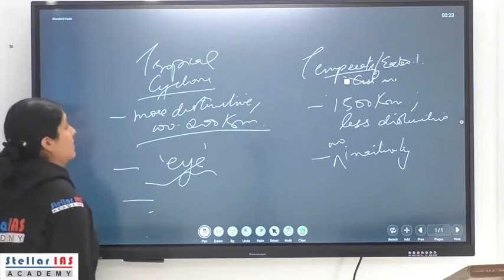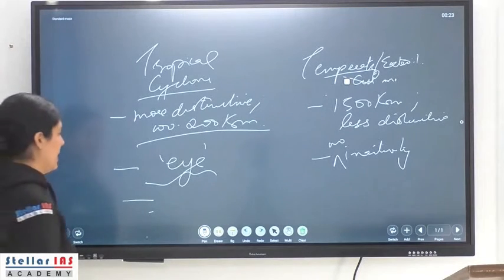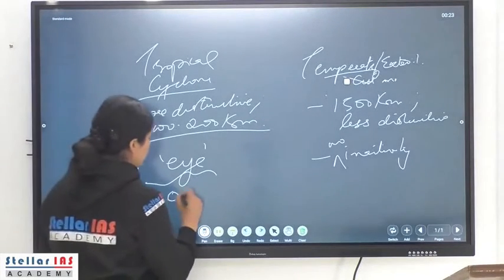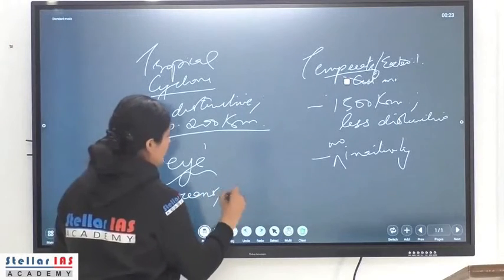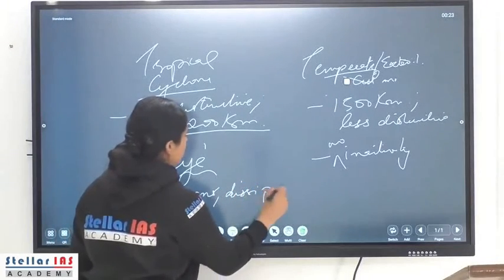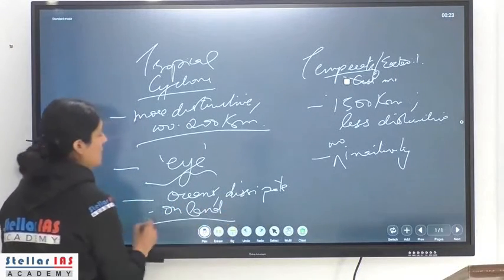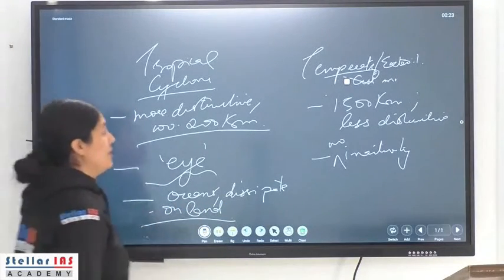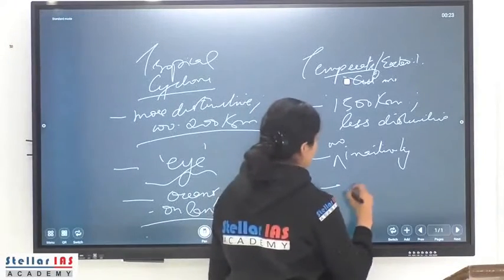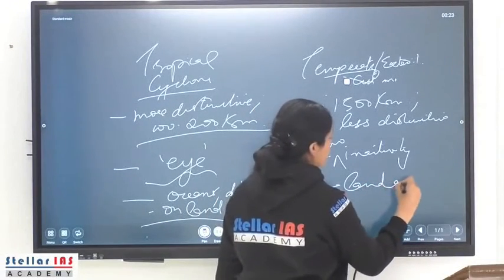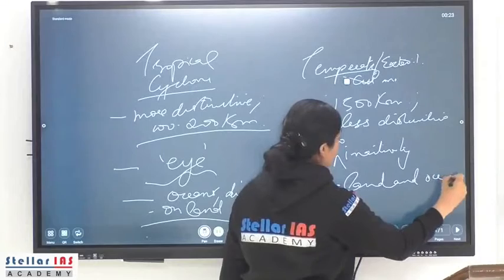Next is the tropical cyclones. They form over oceans and they dissipate on reaching the coastal areas or land, whereas temperate cyclones, they can exist on land and oceans both,